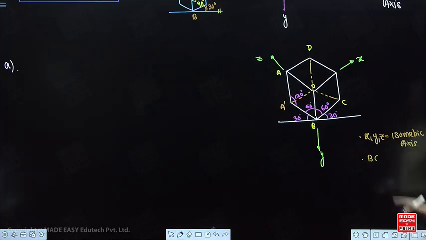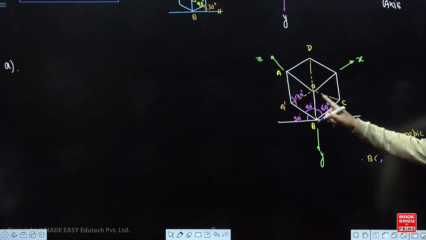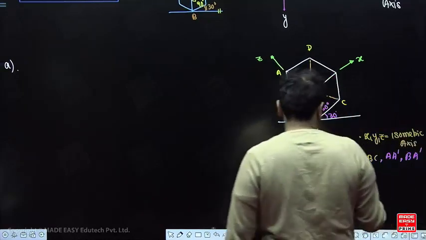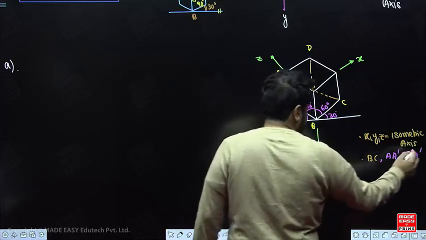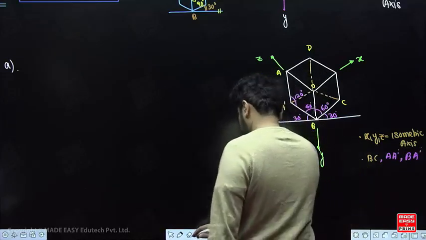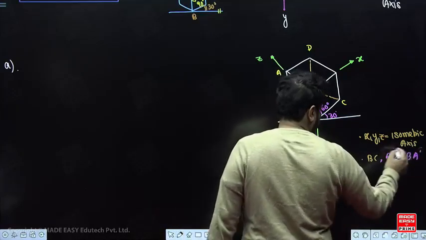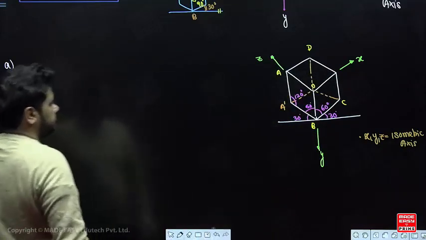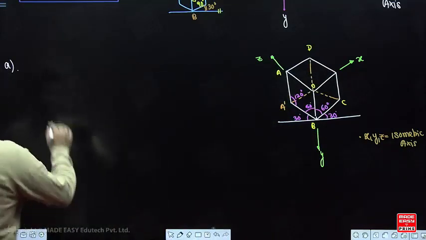So BC is parallel to the isometric axis, then AA dash, then BA dash, etc. It is clear. So first point,